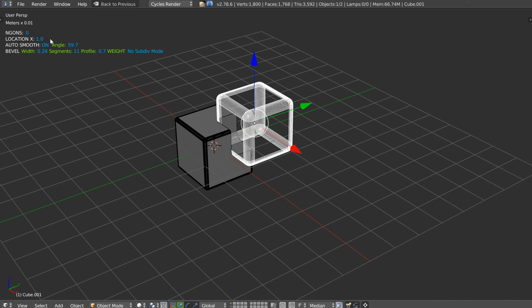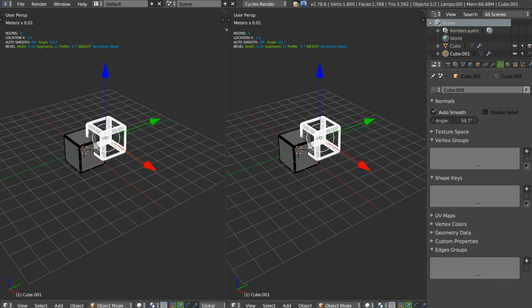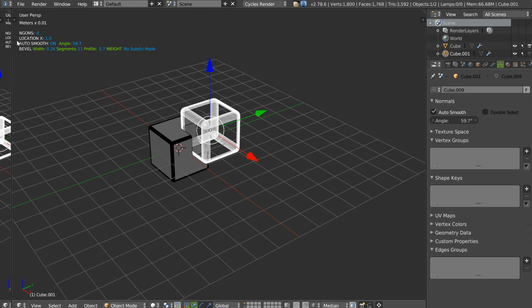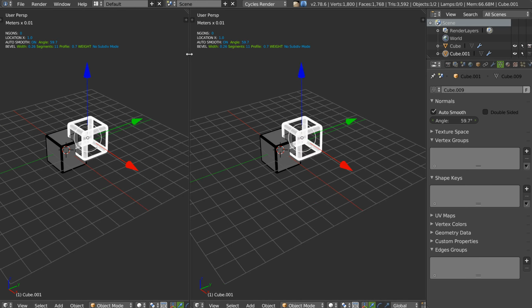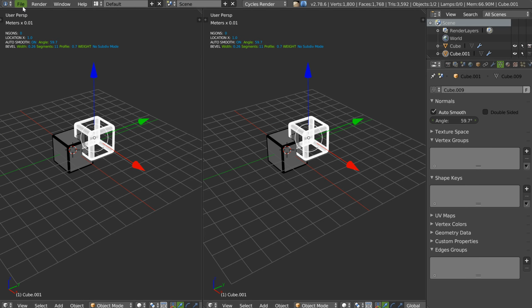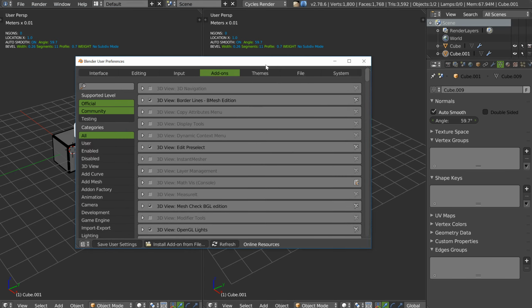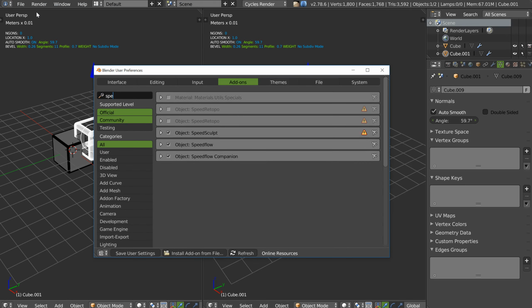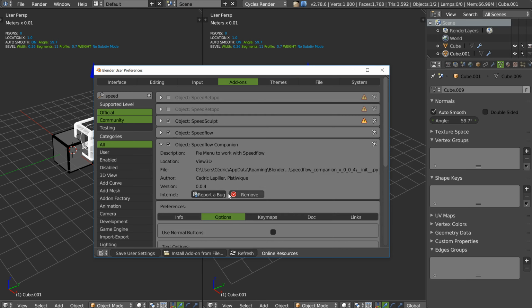Okay, so as you can see, this is really useful, and the result in full screen is really nice. If you, for example, I will show you this. Yep. Now the result is the same, but if I put this here, as you can see, it's bigger. Okay, and I will show you in the preferences.